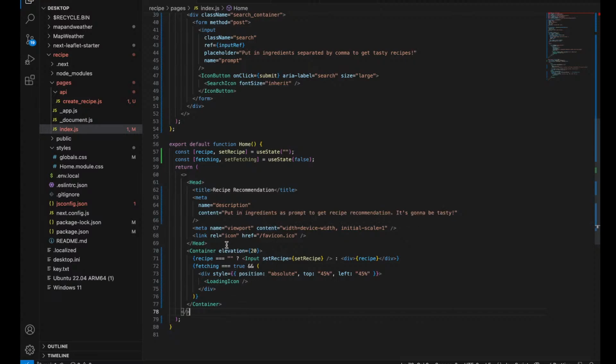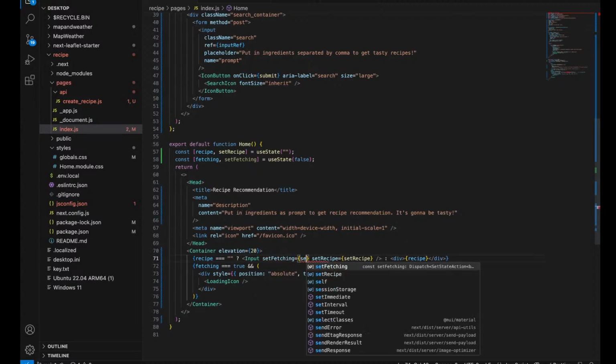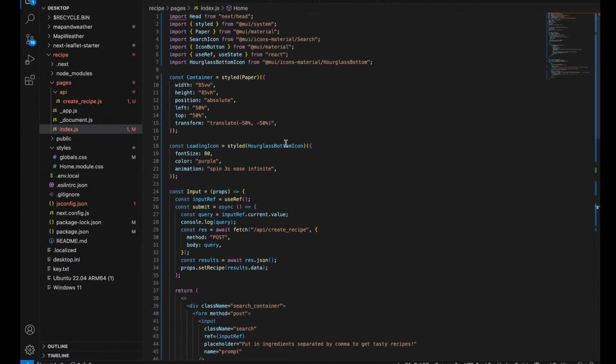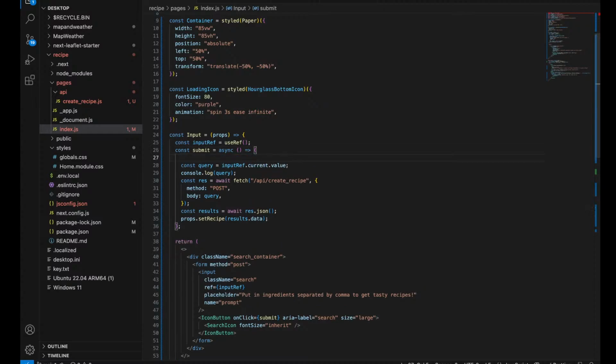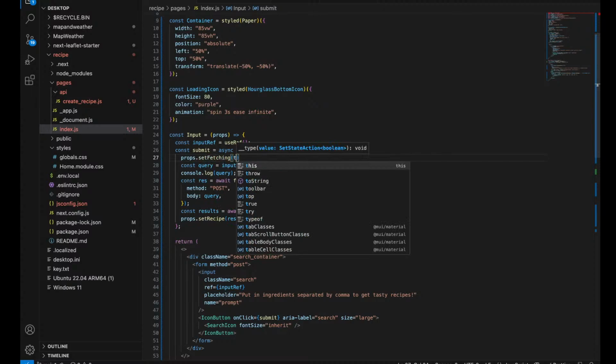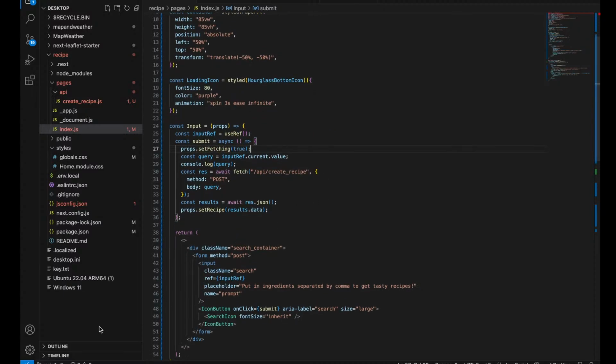Now again in input we need to pass this as props, set recipe, and then set fetching. Then in input, when you click on submit, it's gonna props dot set fetching to true. I'm just gonna set it to true, and then let's